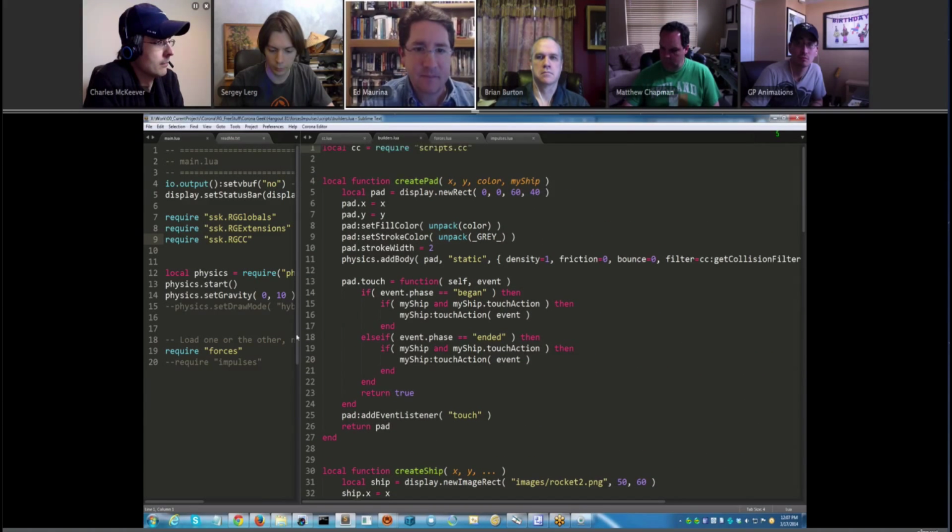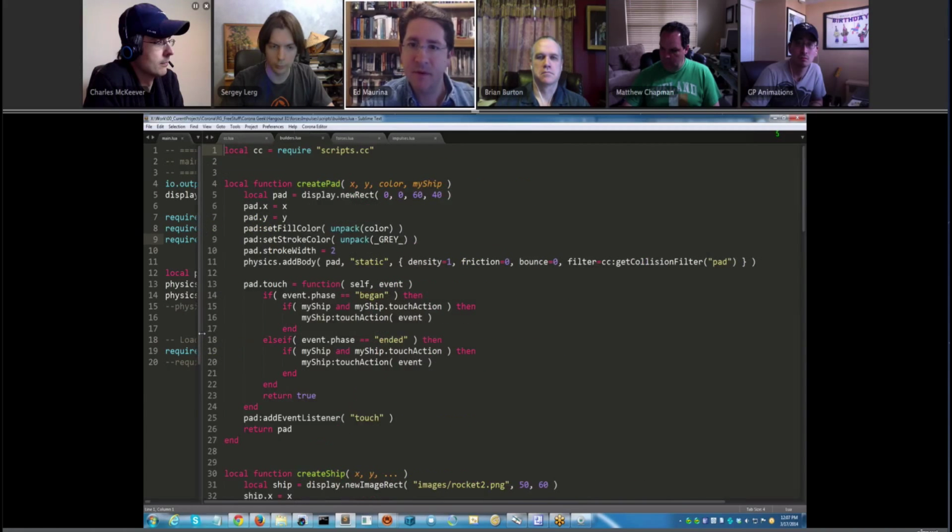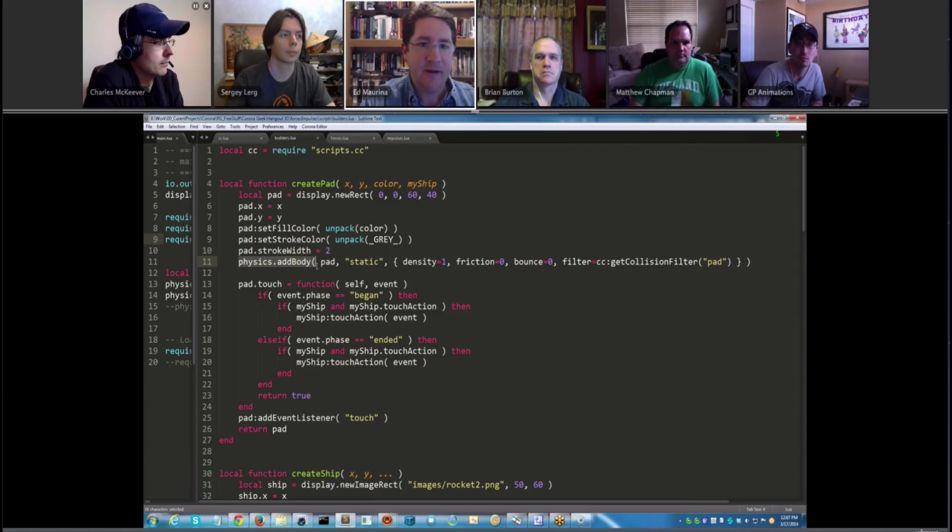me find the code here, they will add a physics body, and they'll add it to some object. They'll decide what type of physics body, be it static, kinematic, or dynamic. They'll give it some parameters like density, friction, bounce, and they will also give it a parameter which is the filter. And the filter is this magic number or set of numbers which tells the physics engine this object will collide with this object, but it won't collide with a different kind of object with a different filter number or